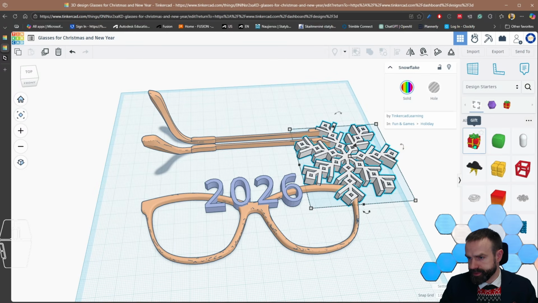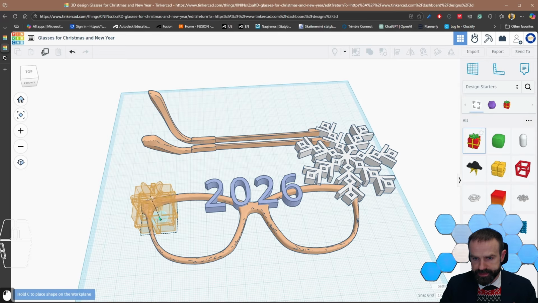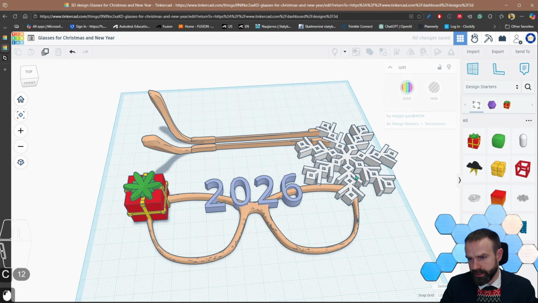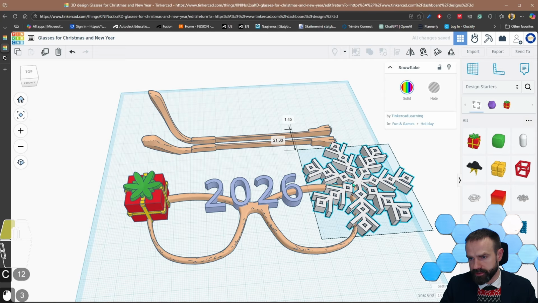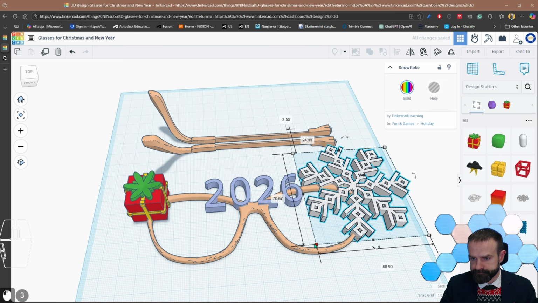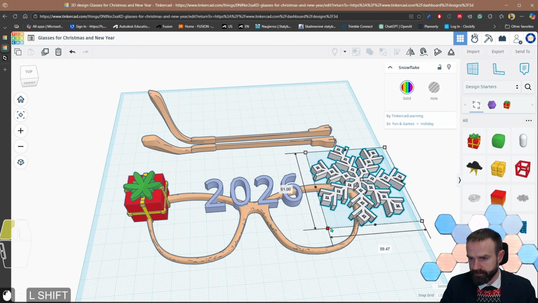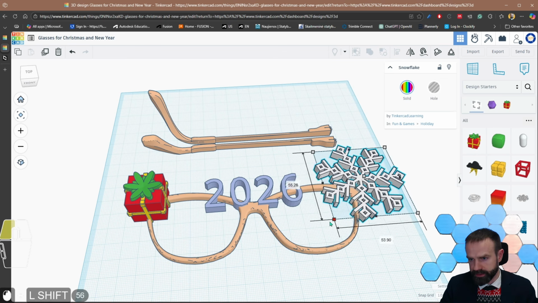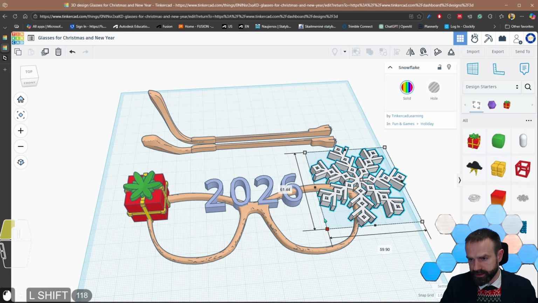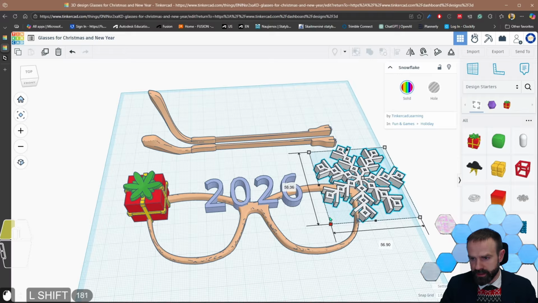Okay, let's place this gift box on my glasses. Let's click C to place it here, and I would like to put this decoration also here, and if I hold shift it will increase and decrease the size,